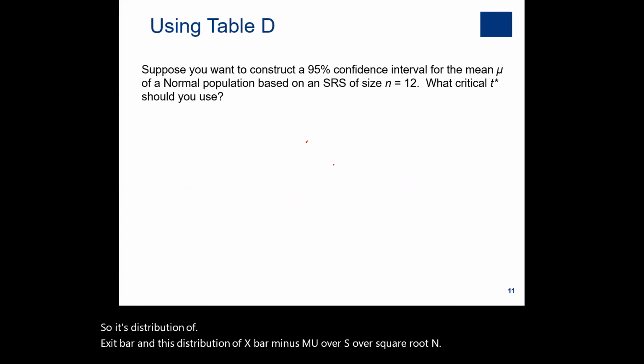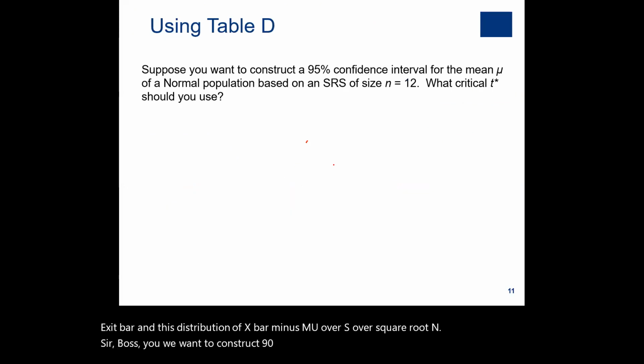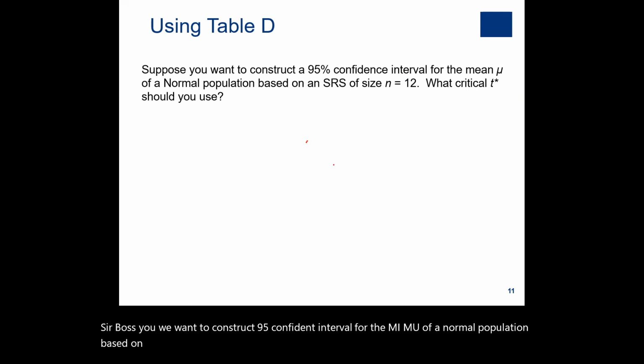Suppose we want to construct a 95% confidence interval for the mean mu of a normal population based on an SRS of size n equals 12. What critical value t star should be used? Okay, let's see. We do the same as we did